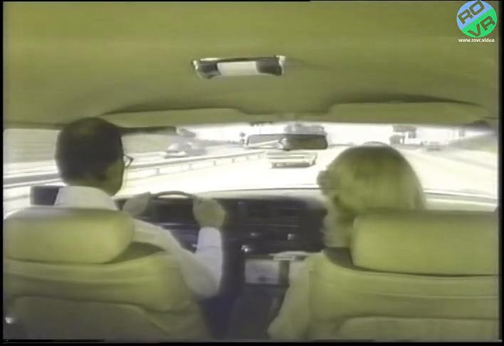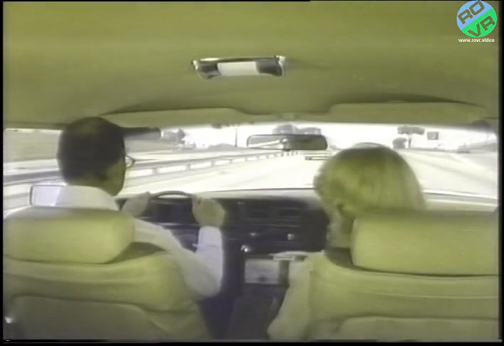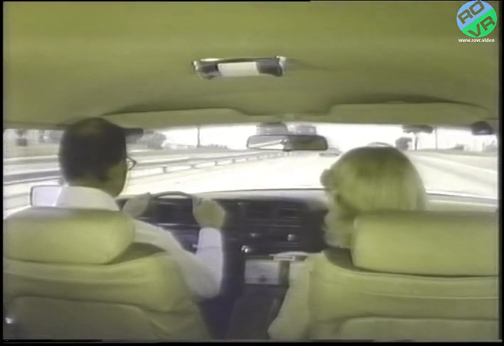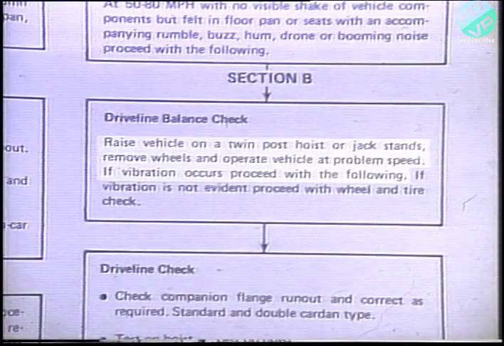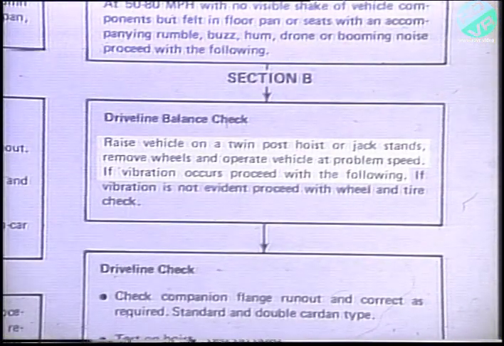While road testing for possible driveline problems, remember to use a tachometer and note the corresponding engine speed to the road speed. You are now ready to proceed as indicated under Section B of the Vehicle Vibration Diagnosis Guide, which reads,